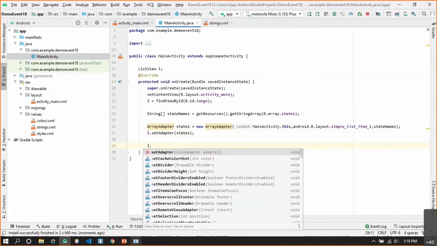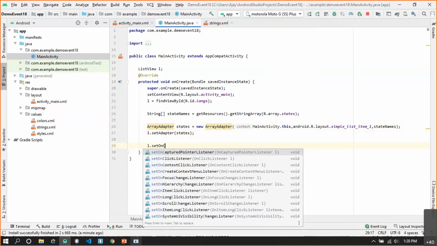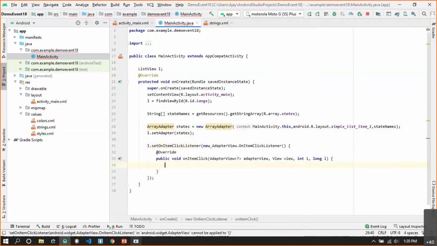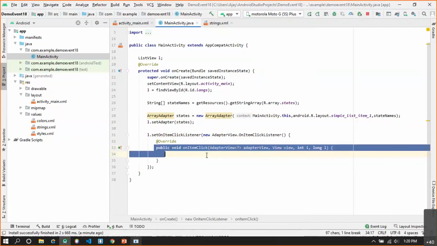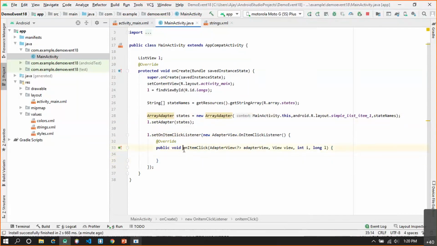L.set, you can say OnClickListener, or you can go with OnItemClickListener. So setOnItemClickListener, new OnItemClickListener, and as you can see, implementing new OnItemClickListener will give you one abstract method, called onItemClick. Now just get information about this by pressing control and clicking on it.